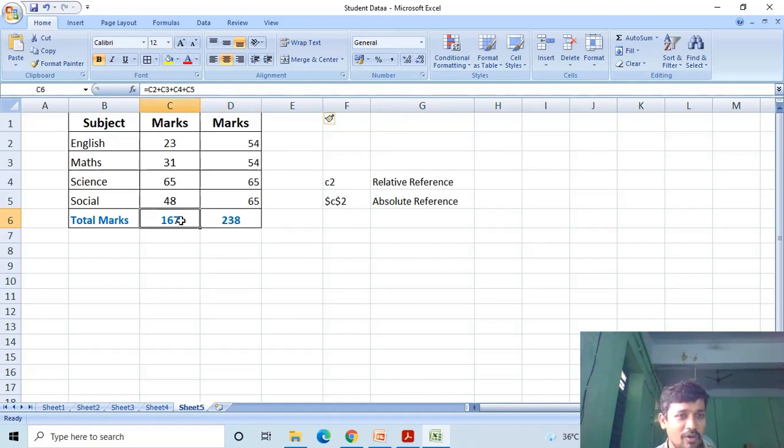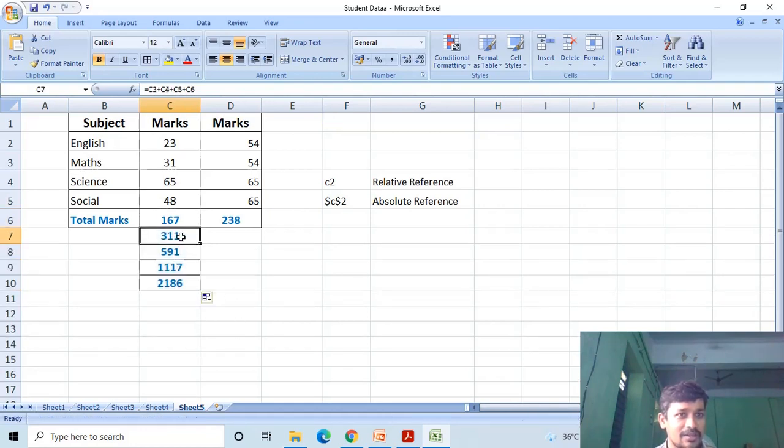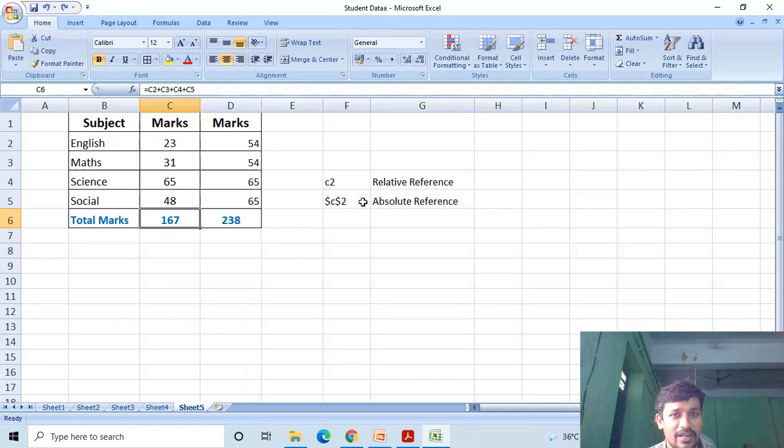If I copy the formula vertically, observe that only the row numbers are changing, increasing. By using the relative reference, we can copy formulas, and it automatically updates the column name or row number. If I use an absolute reference, then it doesn't change.